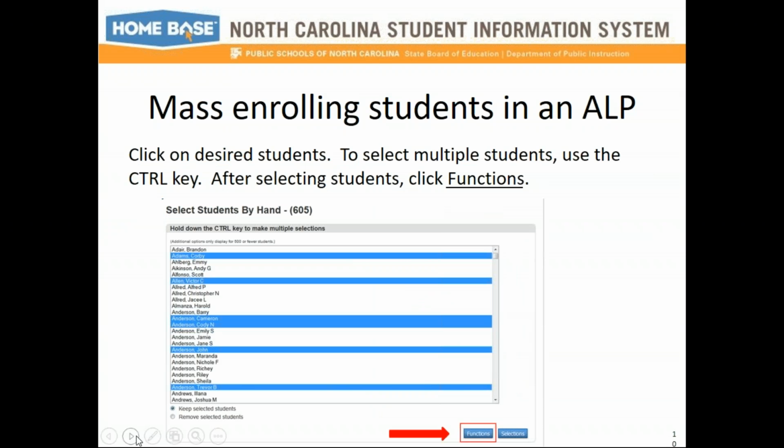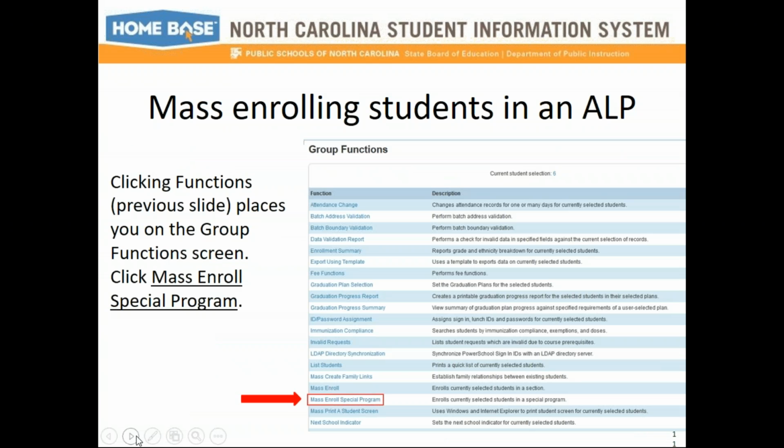And then, if you were only going to select certain students, you would select certain ones, but unless there's some kind of special case at your school and you're an alternative school, this is going to be all of your students. You would make sure they all had a blue line. You can use the control key to select all of them, and then after selecting the students, click functions,